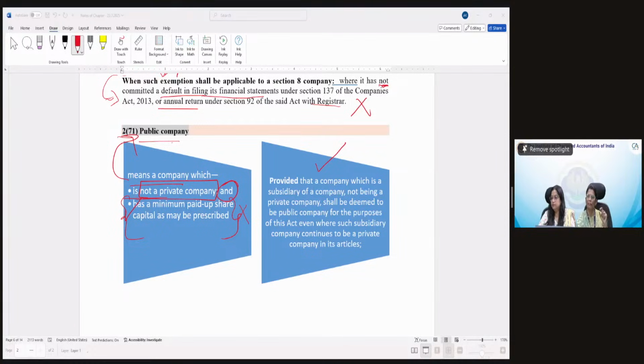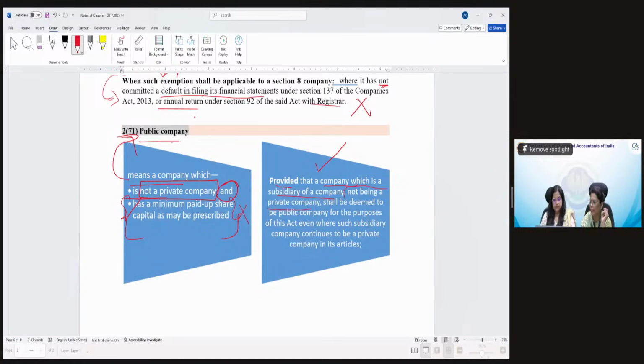Proviso is a kind of condition that has been imposed. Because of this, it will not fall within the scope of the main section. So you see, the proviso is attached over here. It's a kind of exception. Yes, exception. So the proviso says that a company which is a subsidiary of a company, not being a private company,